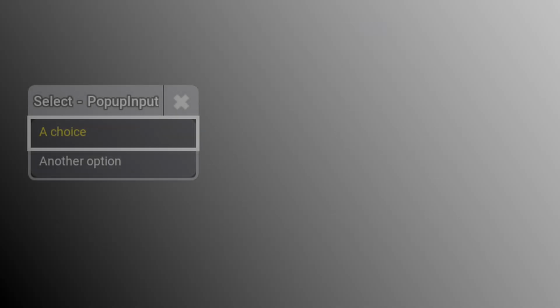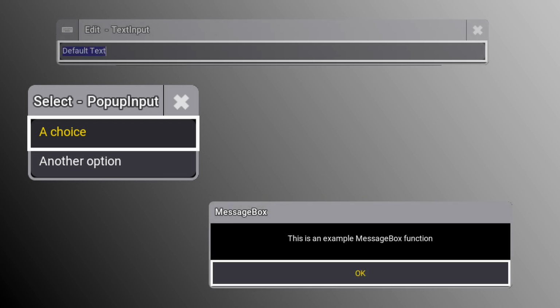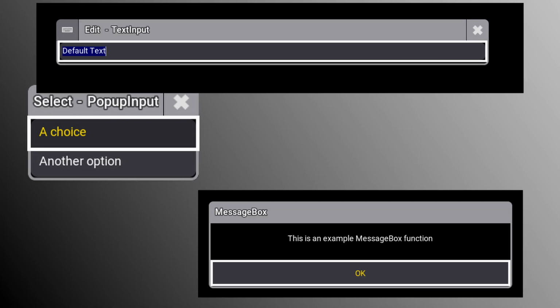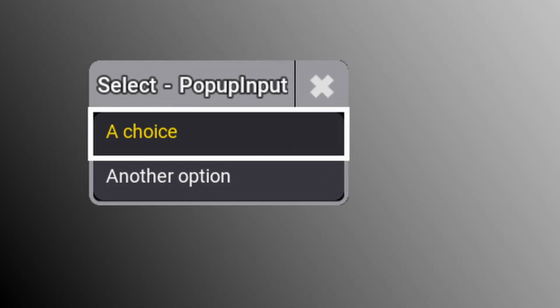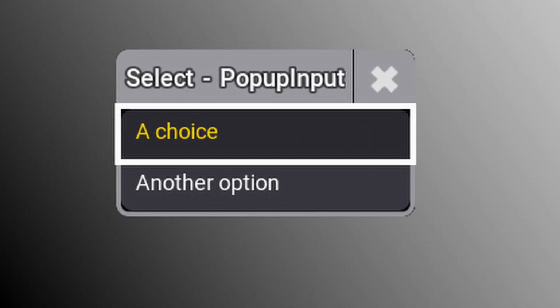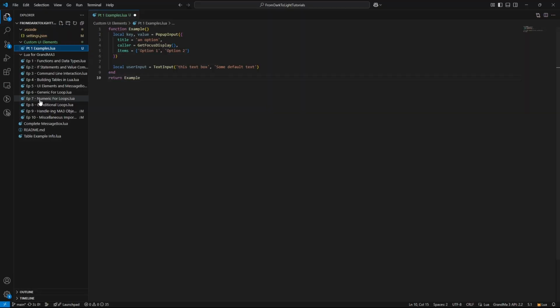First, I'm going to show you some examples of UI elements MA3 has built-in functions for. An important thing to note is that not all existing MA3 functions are referenced in the user manual. Why? I couldn't tell you. I can tell you that pop-up input, for example, I'm pretty sure used to be in the user manual, but it isn't anymore. However, I can absolutely confirm that I'm still using it and it still works. Anyway, these are the 3 functions that I'm aware of currently.